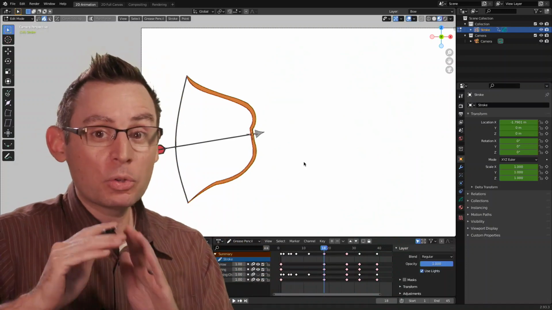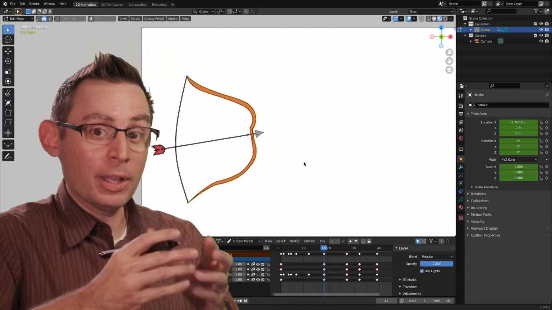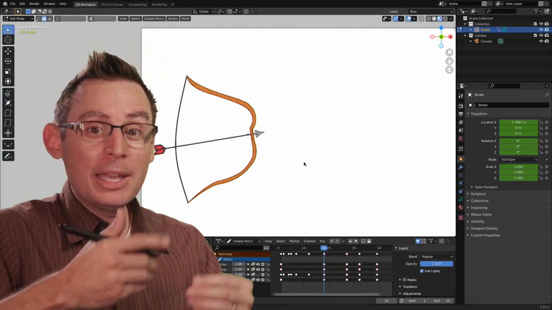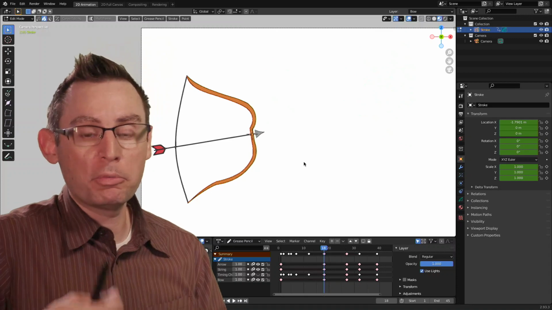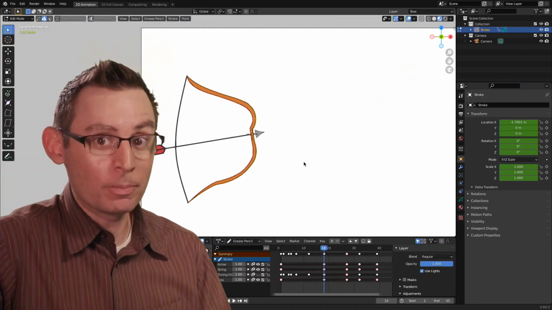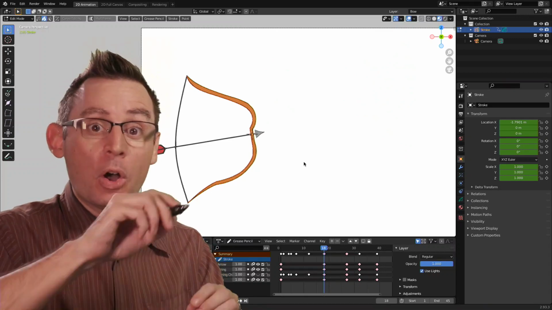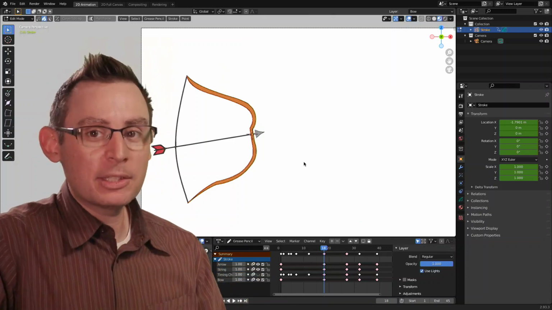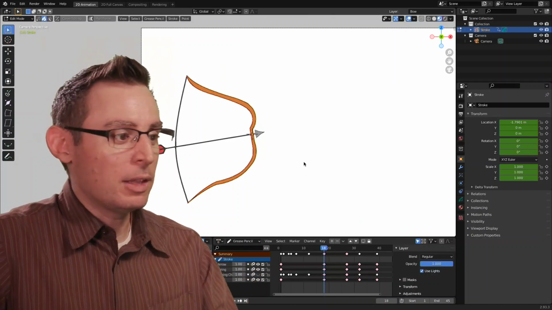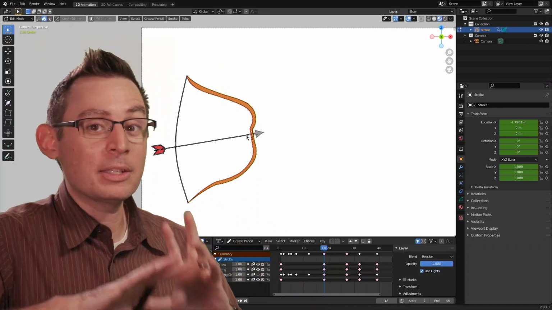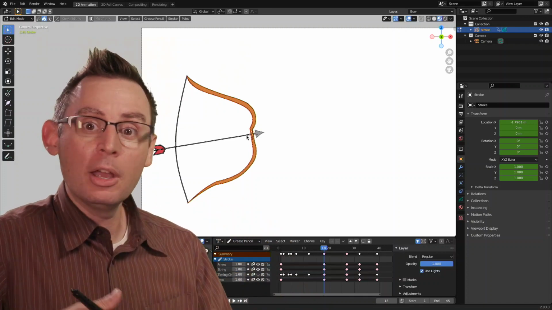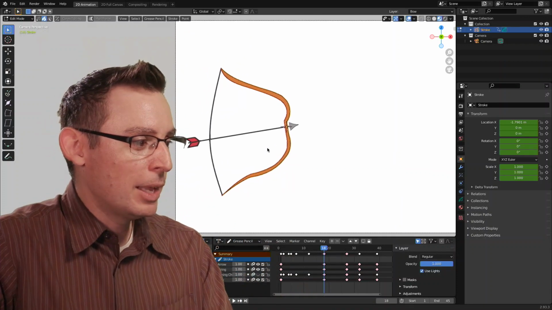So that's a critical part of this, is that the drawings at their DNA level need to be created with the same number of points and in the same order. So you've got to be careful of that. If you've gone and redrawn all these frames, this is not going to work in those situations. But this one is a perfect application for using the Interpolate tool. Let me show you how it works.